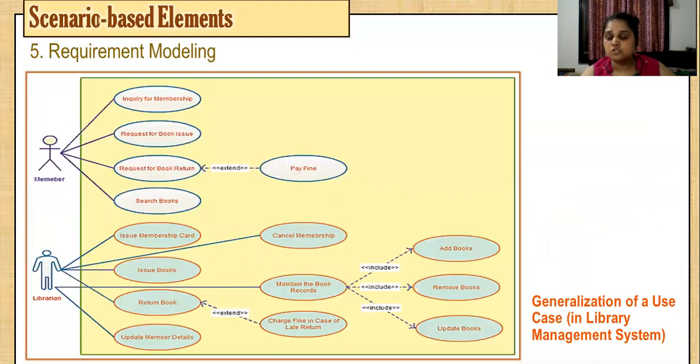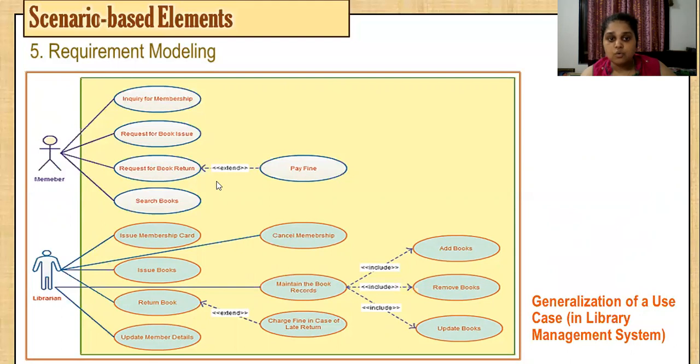This is generalization of a use case. As you can see, a member can perform inquiry for membership, request for book issue, request for book return, and search for books, whereas a librarian can do these many features.